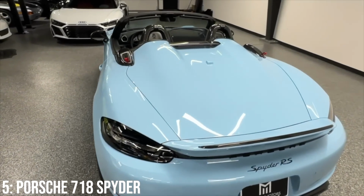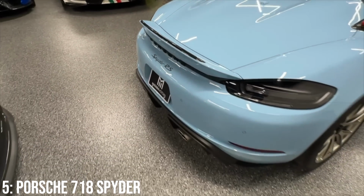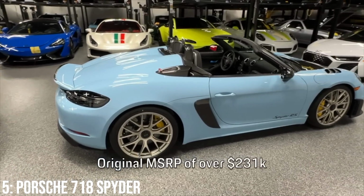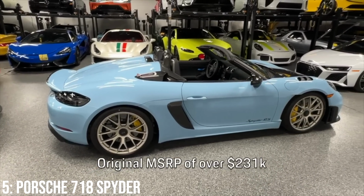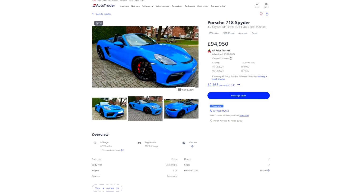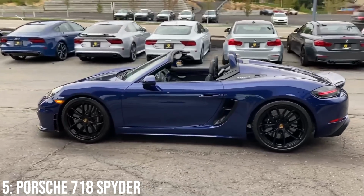What's crazy is that the Spyder RS isn't too far off hitting our 100k price limit on this video, as it's down to around the 140k mark when it was over 200 grand a year ago. Long may that price drop continue. They'll run you around £70,000 at the bottom end, and 100k will get you a 2023 model that's done around 6,000 miles. Reliability is generally pretty good, but some owners do note issues with the clutches slipping and needing a